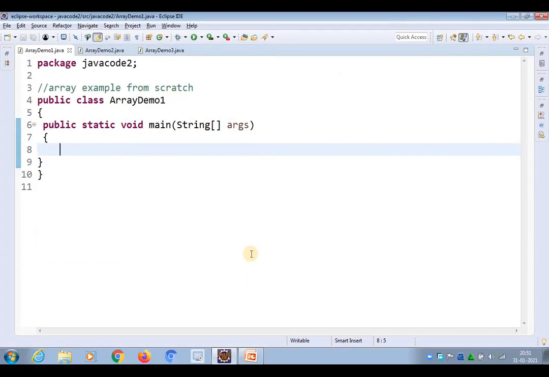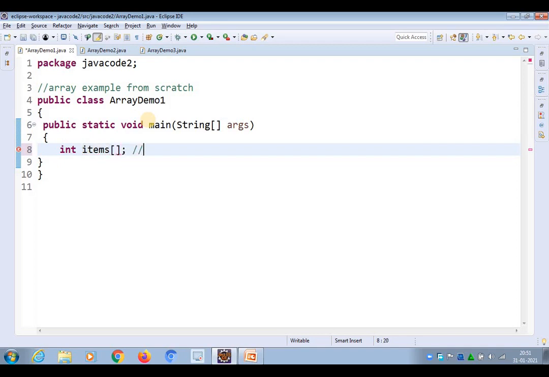For doing that, I have an Eclipse IDE. In Eclipse IDE, I am writing one simple program, and for saving valuable time, I have given some structure. In that structure, the first program is ArrayExample from scratch. For that, I am using int items. I am declaring an array.